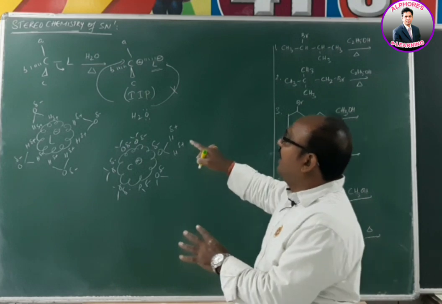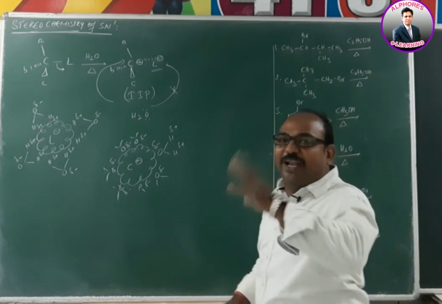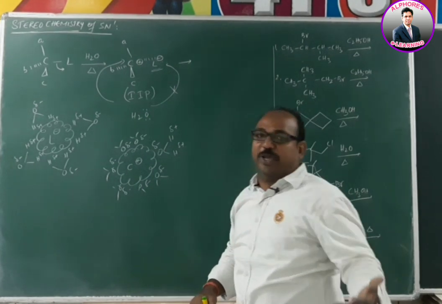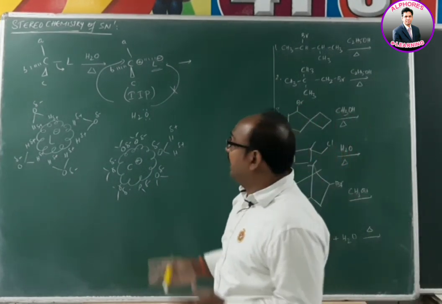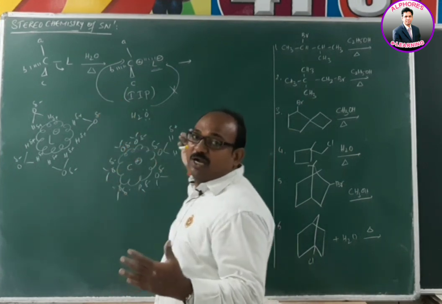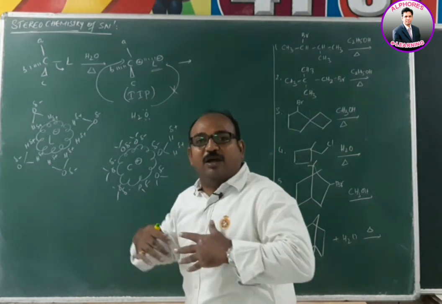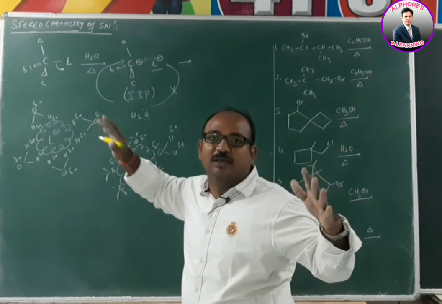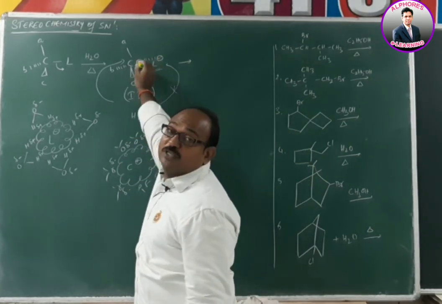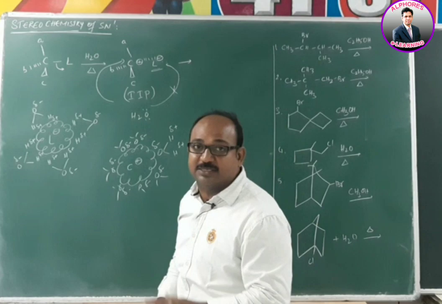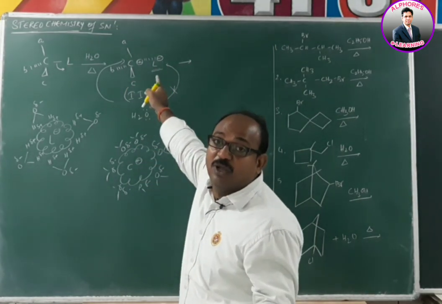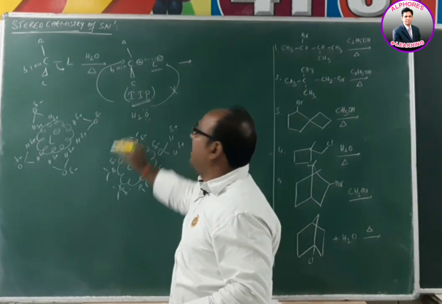First, the intimate ion pair has to convert into a solvent separated ion pair. I hope you got the point here. Initially the leaving group departs. When the leaving group departs, there is no formation of free ions as carbocation and L minus, since the electrostatic force of attraction exists between plus and minus. Hence, there is still an attraction between these two, and it remains as an intimate ion pair.